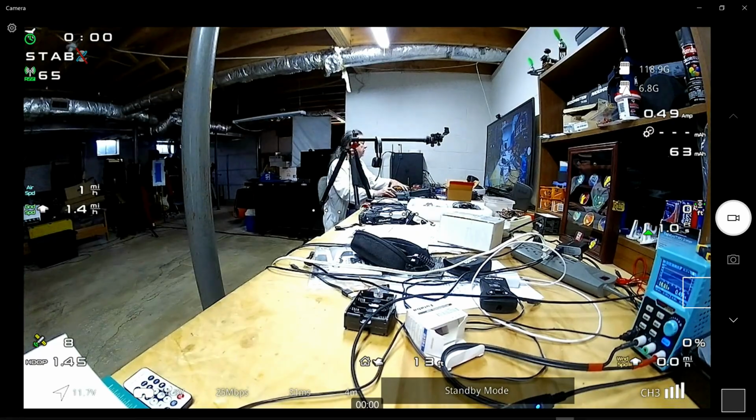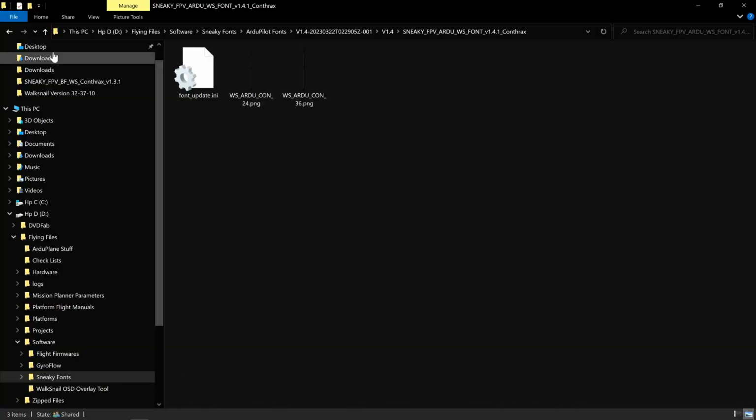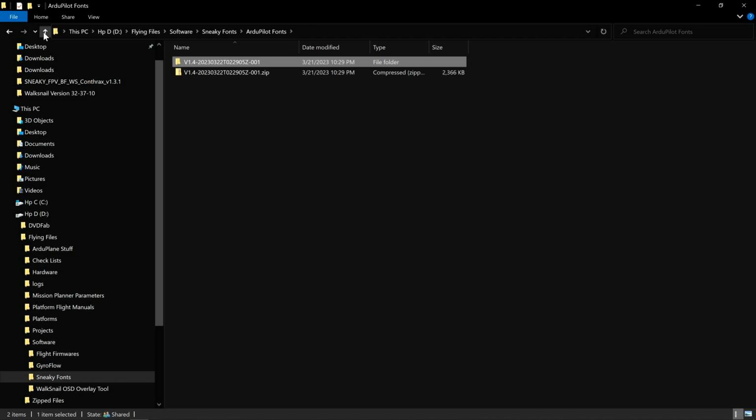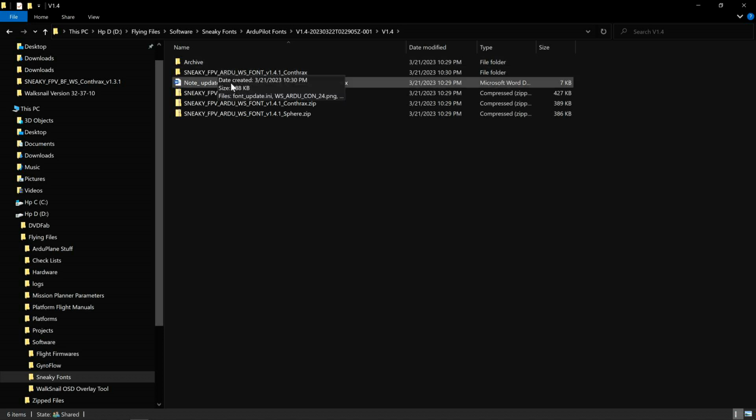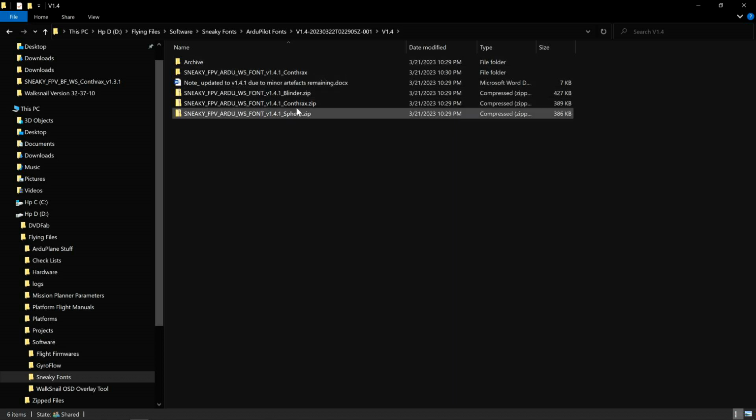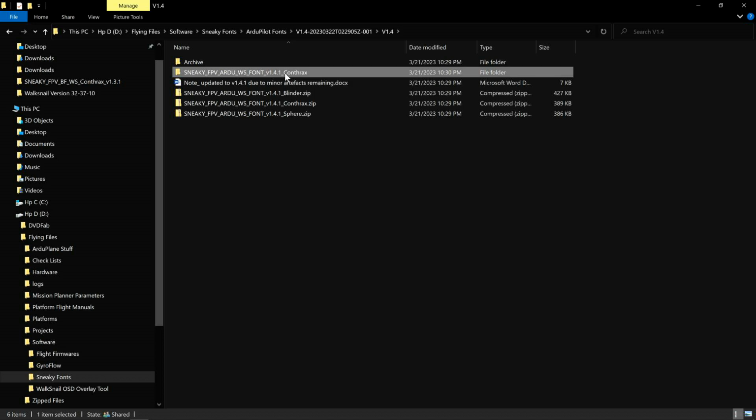and what I did here was, again, let me make sure I'm being very, very specific on this, because I quit using the Betaflight fonts in Ardupilot in the MSP underscore options. Turn that off. I'm letting it send Ardupilot fonts. Then I switched back over here and started using the 1.4 version of the Ardupilot fonts again, and then I went through them all, and I did think the Contracts was the best one,